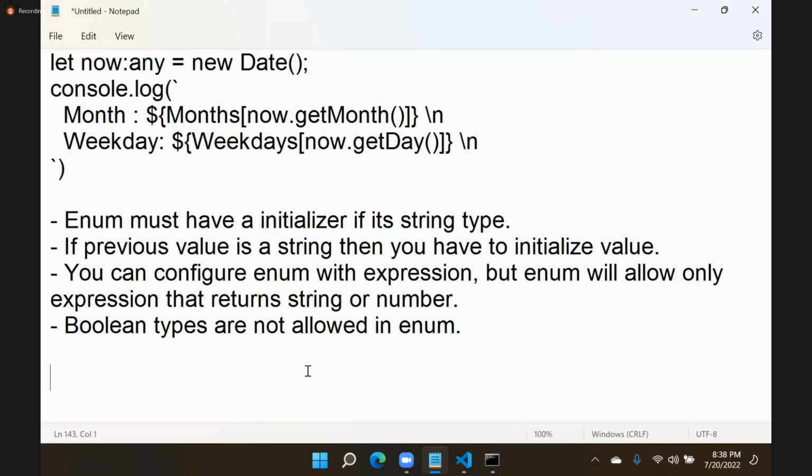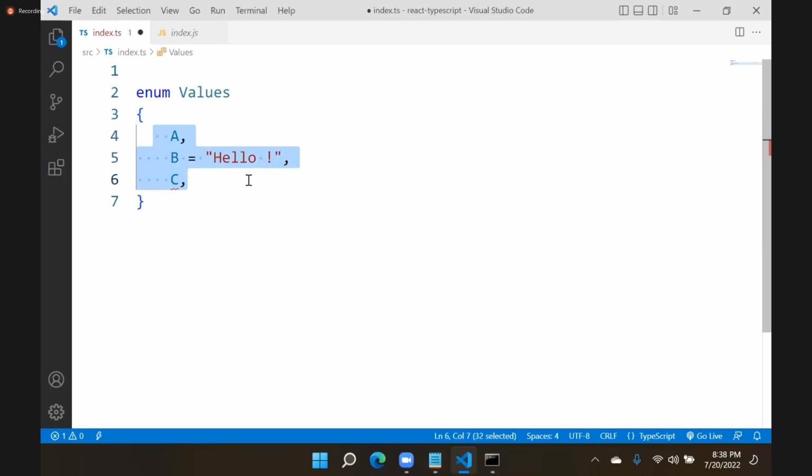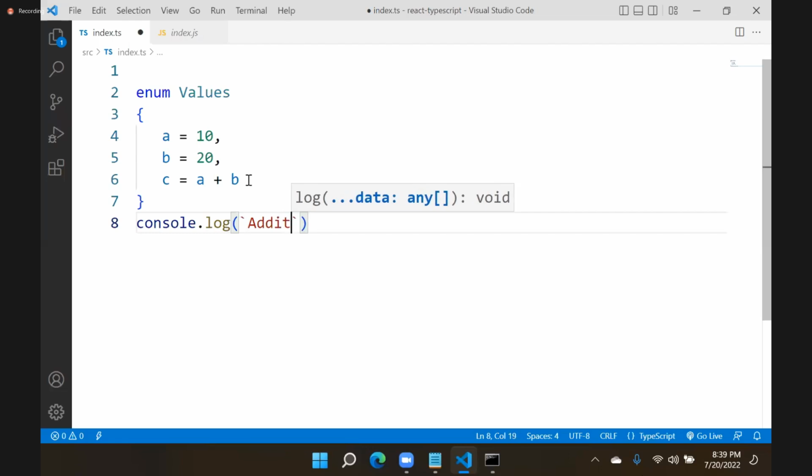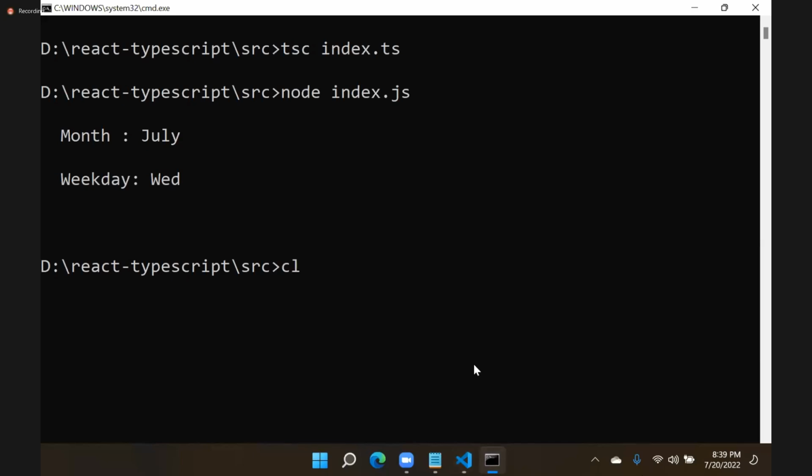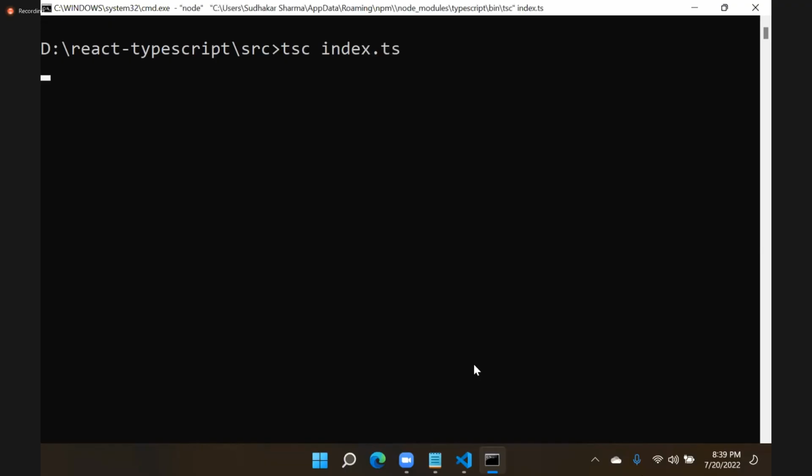Now what we can do is, here you can see, I can configure it this way. A is equal to 10, B is equal to 20, C is equal to A plus B. It is an expression. It is okay, working fine. Then console.log, addition is equal to the value of C, so it can print that value. You see here, tsc index.ts, node index.js, and here